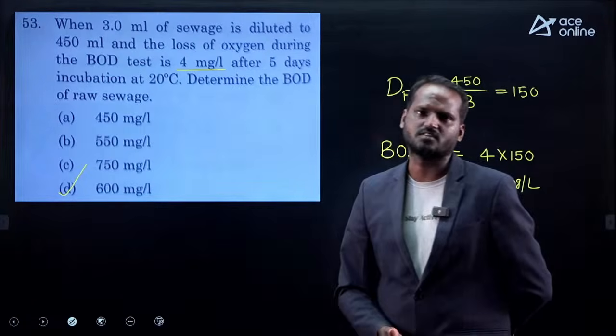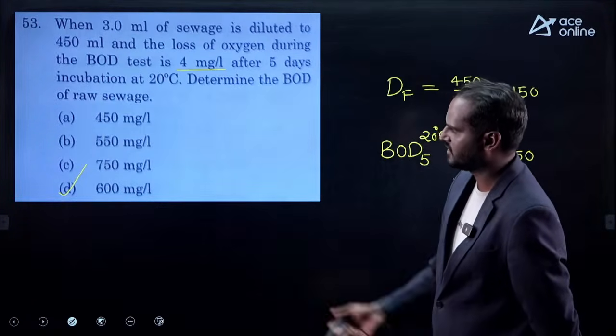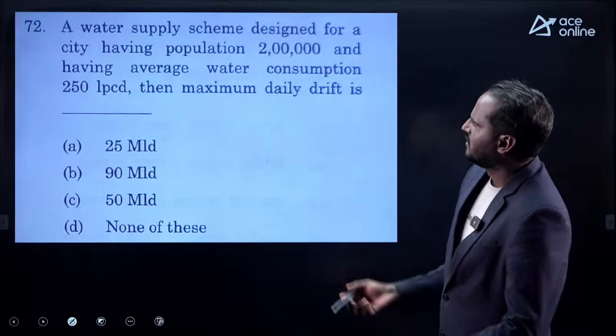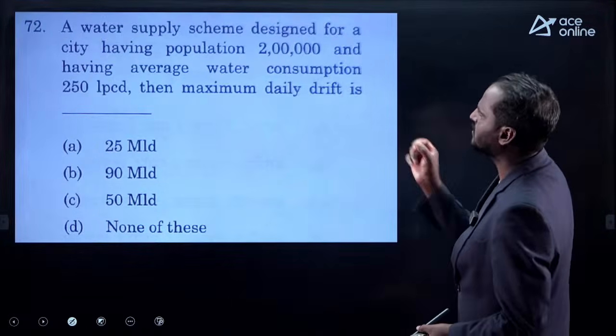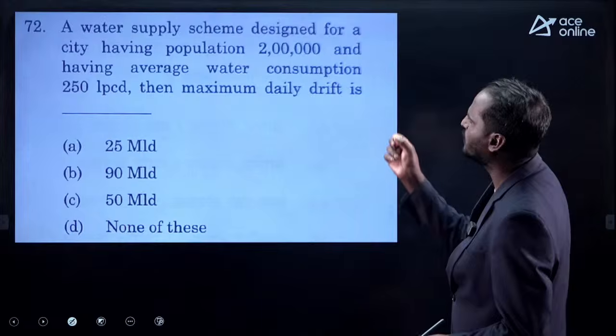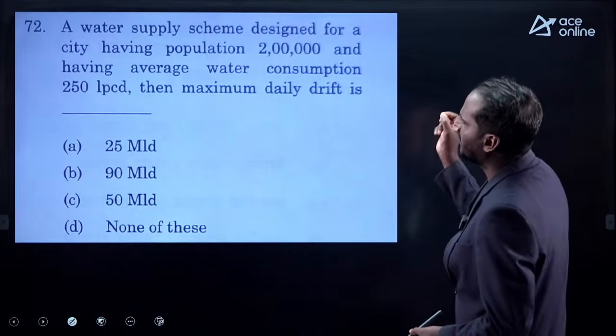Simple question they have asked, BOD test, that is 600. Next, this is also a very simple question. Look at this. A water supply scheme designed for a city having population of 2 lakh and an average water